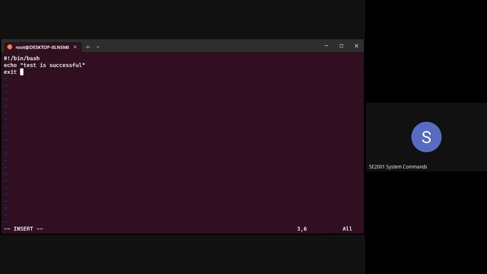So this exit command actually provides us with the option where we can have